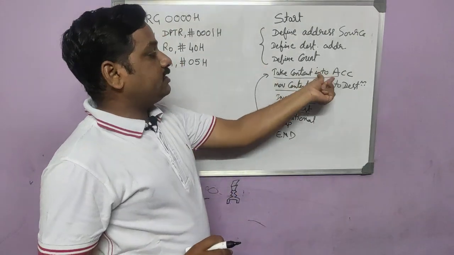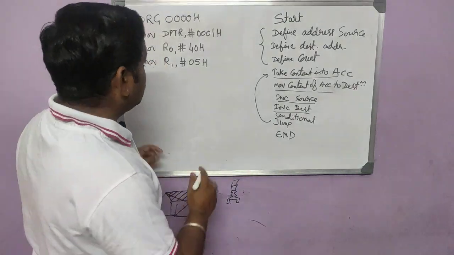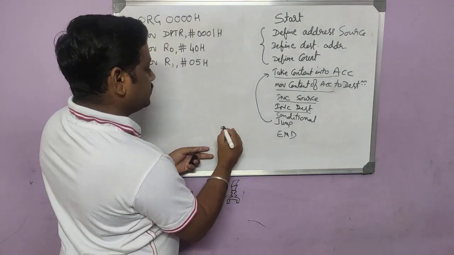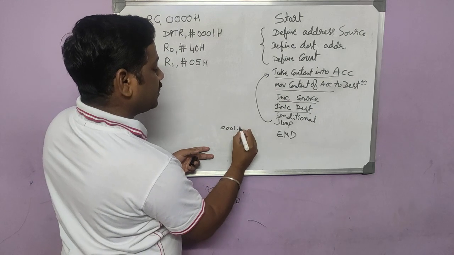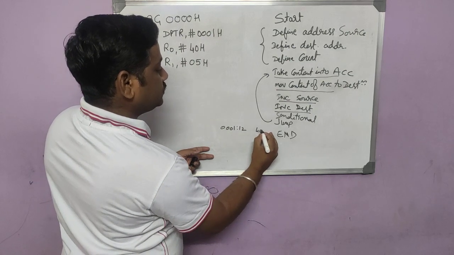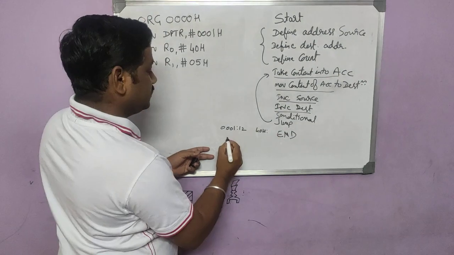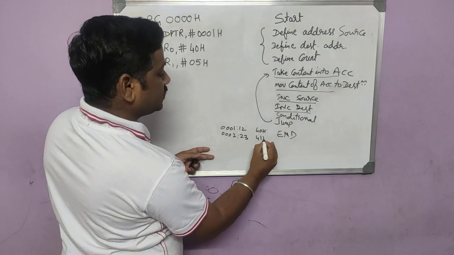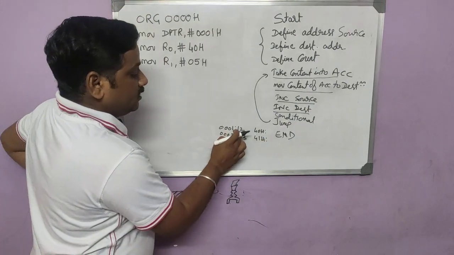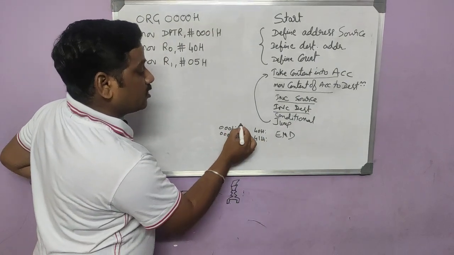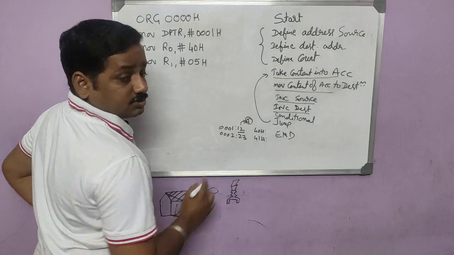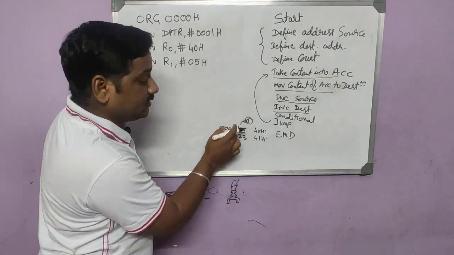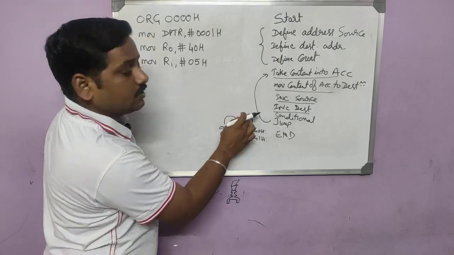So take the content into the accumulator. To do that, I will write an example here. I hope you can see this. At 0001, I have 12 and I want to shift it to 40H. Next I will have 0002, with some number that I need to move to 41H. So I want this into the accumulator. That's the logic. I don't want 0001 in the accumulator; I want the content of this address in the accumulator.